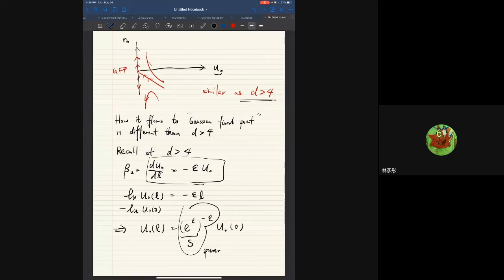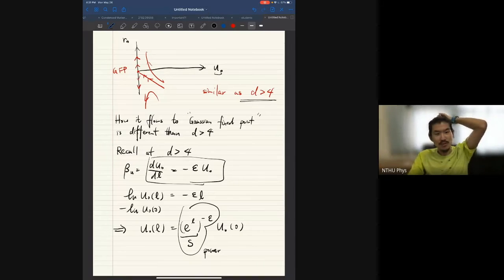老师问一下哦，那个像图旁边写 GFP 是什么意思？ Gaussian fixed point. 哦。